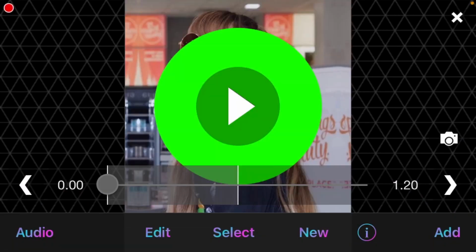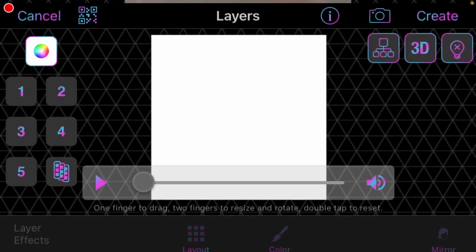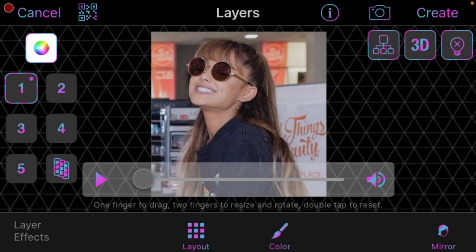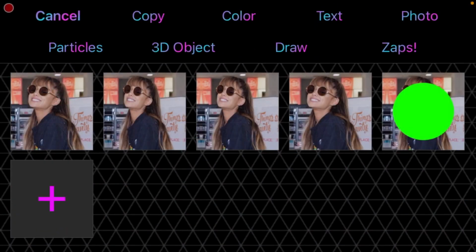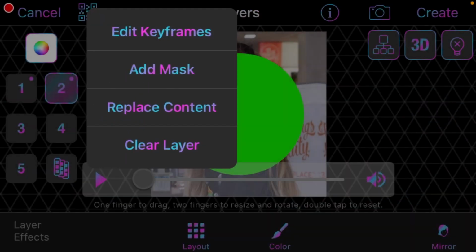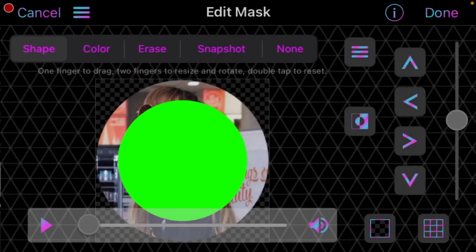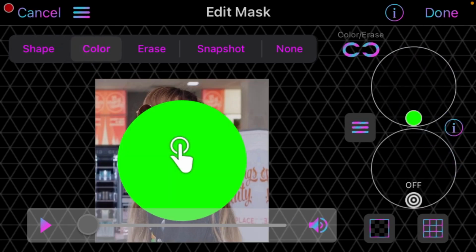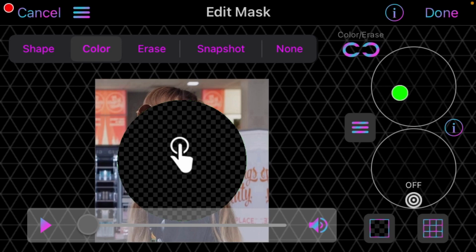Now press on New, press on Multi-Layer again, press on 1, and then select the clip with the rotation transition. And then press on 2, and then select the clip with the green circle. Then press on Add Mask, and then go to Color, and all you have to do is just press on the circle in the middle, and the circle should disappear. Press on Done,